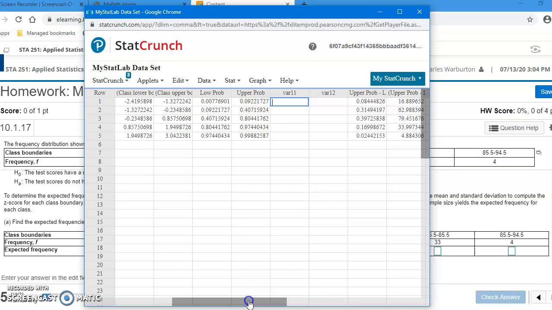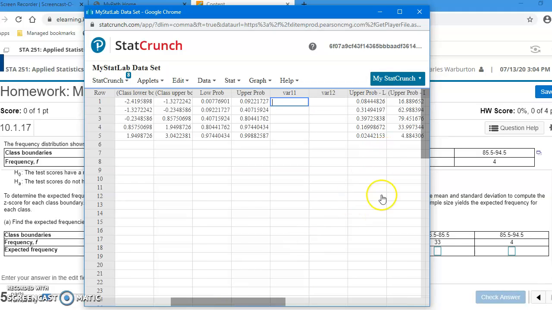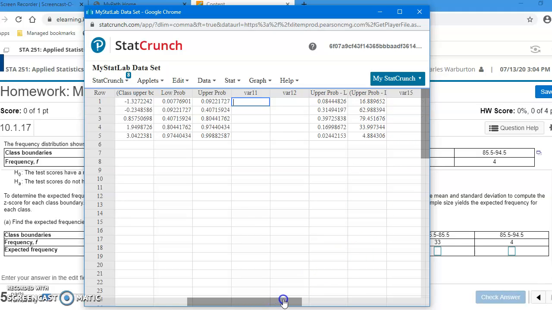There are the expected values for each class. So each class boundary has then the, I'm going to rename this. This is the expected value. Okay, so we have the expected value, we have the observed value. Our observed value is